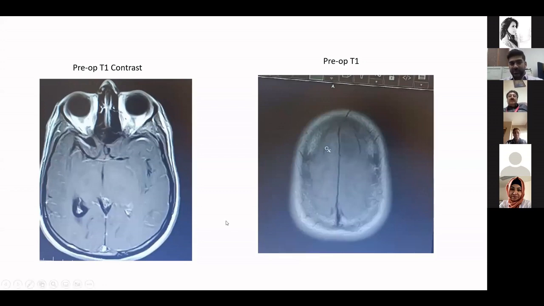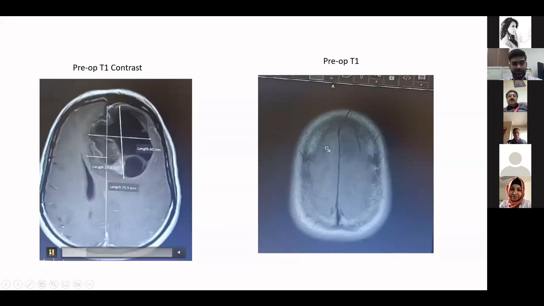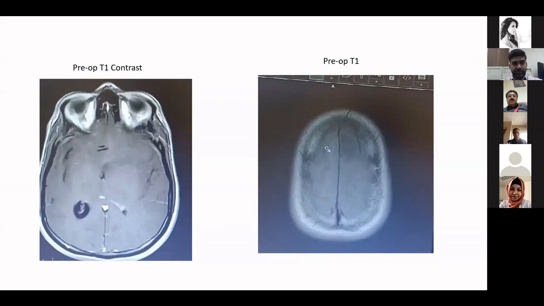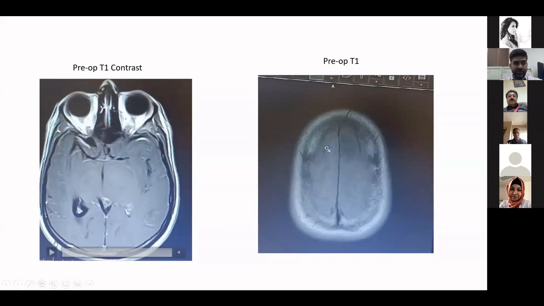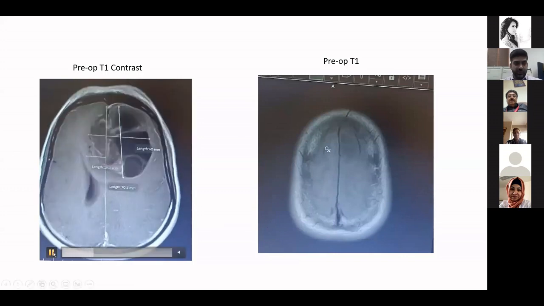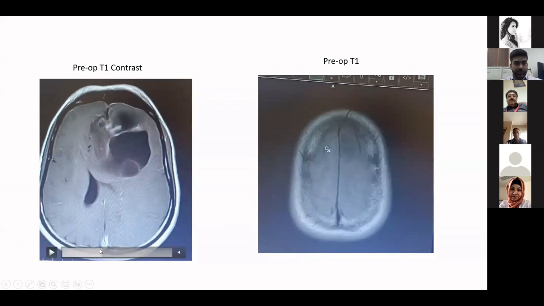Yes, can you scroll the post-contrast images? T1 post-contrast. Yeah, so you just stop here. Let me know where to stop. Yeah, here. So here what we see is a very well demarcated solid cystic lesion, and it has some enhancing component